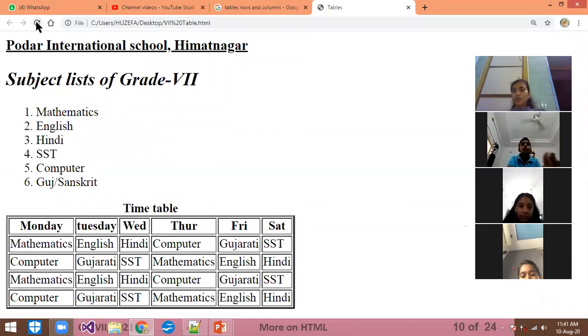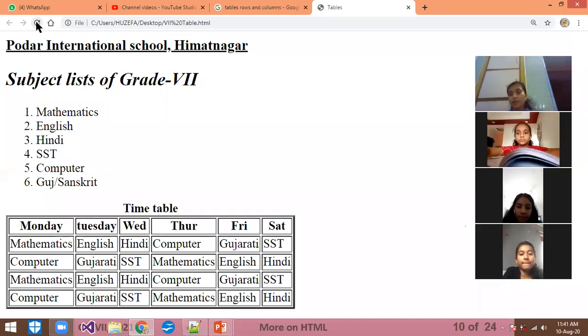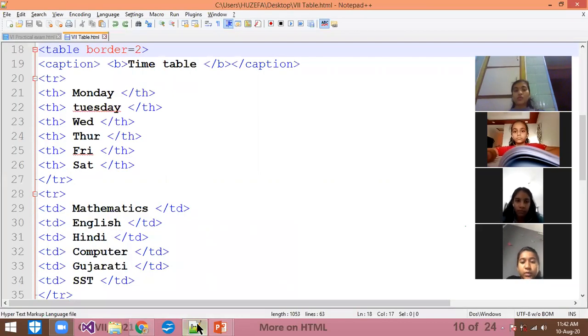Okay, understood the topic? What is the table? What is the row, ma'am? What is the column? Everything you have to know. So does anyone have a query in this table? Just because if the table doesn't come to you, you won't understand its attributes and what they are. So if you have a query, just ask me. I will also show you the code. That's why you can understand the thing.